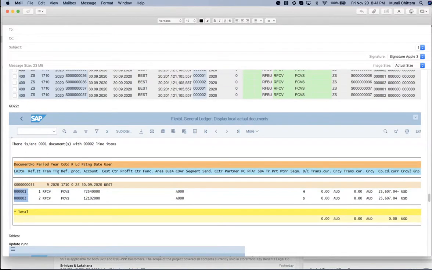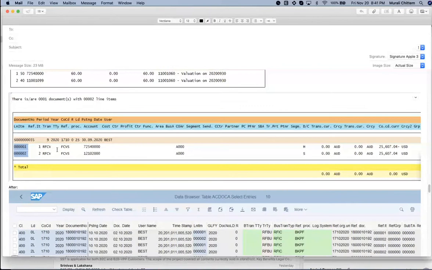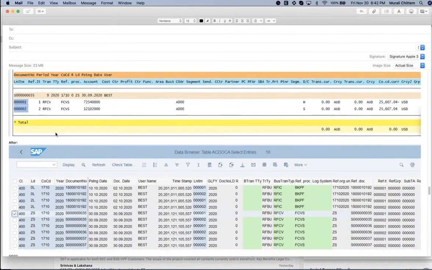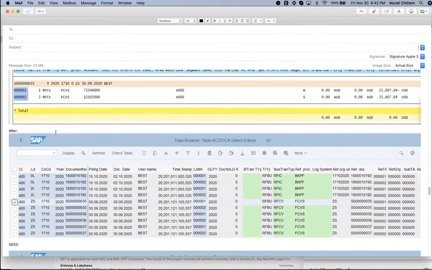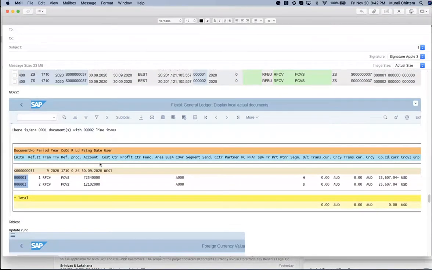It is similar to what you see when you double click here, but once you come out from this, you cannot see it, though it will be available in the ACDOCA table. Now they have come up with a new transaction code to display the simulated document. This is ZD22.